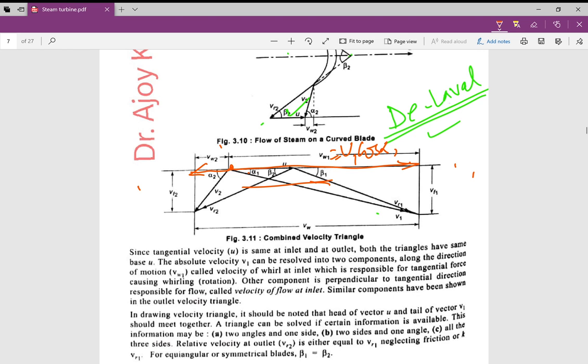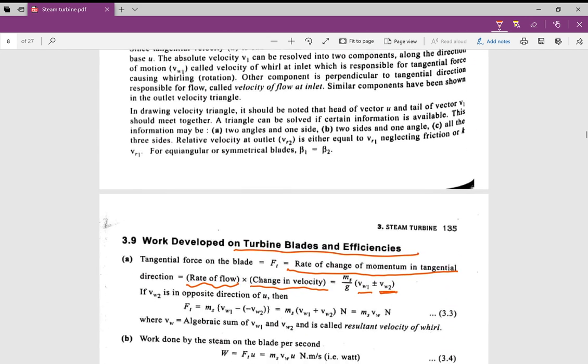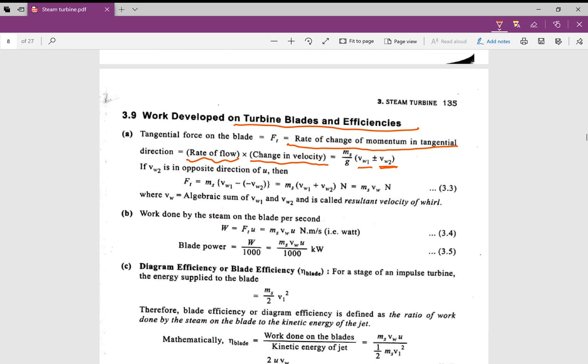Vw1 is in this direction, Vw2 is in this direction. So the same thing is written over here. There is a difference you should always have. So here minus, and this is minus since it is in the opposite direction. This says about difference, and since it is in the opposite direction, minus and minus comes as a plus,